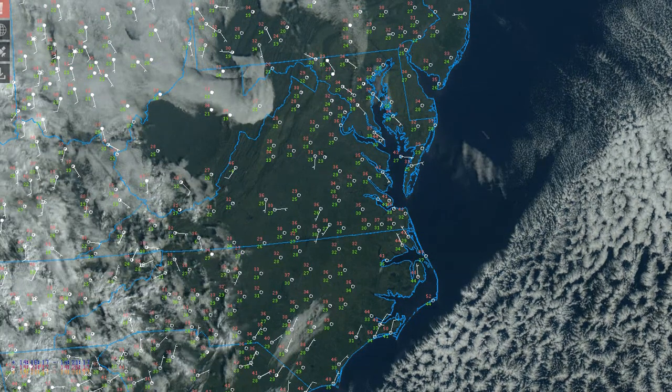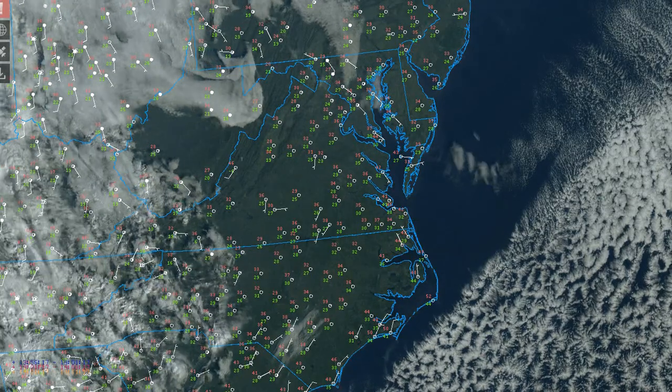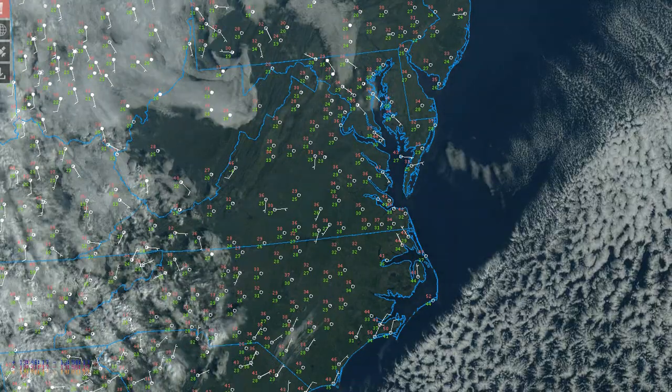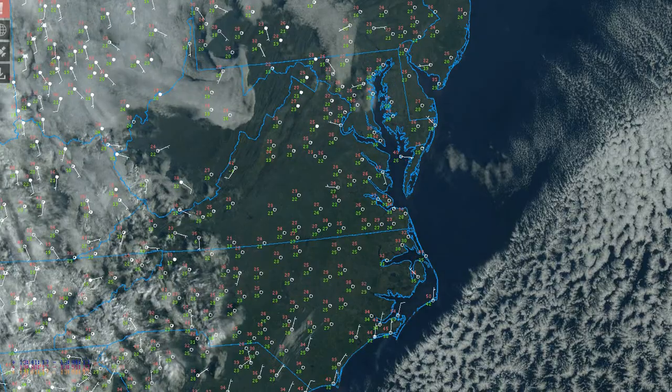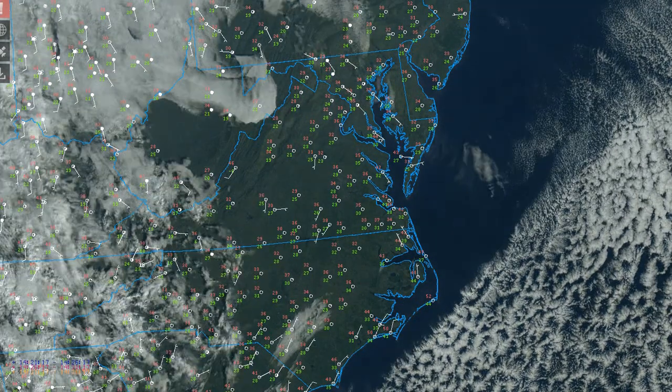If we look at the current visible satellite, we see just some high clouds, mainly a few mid clouds in the area, but mainly high clouds just pushing through, and then lots of cloud activity that would be moving through as we get later in the day and into the evening and overnight hours. But light winds across the region at the moment, and again, those temperatures getting into the 40s as we go